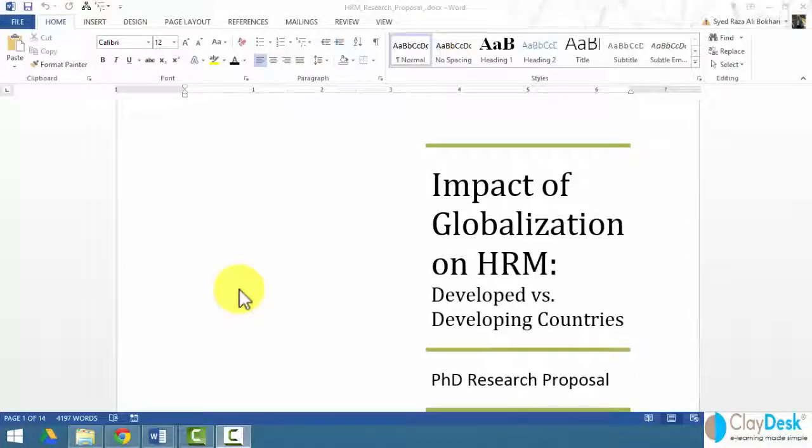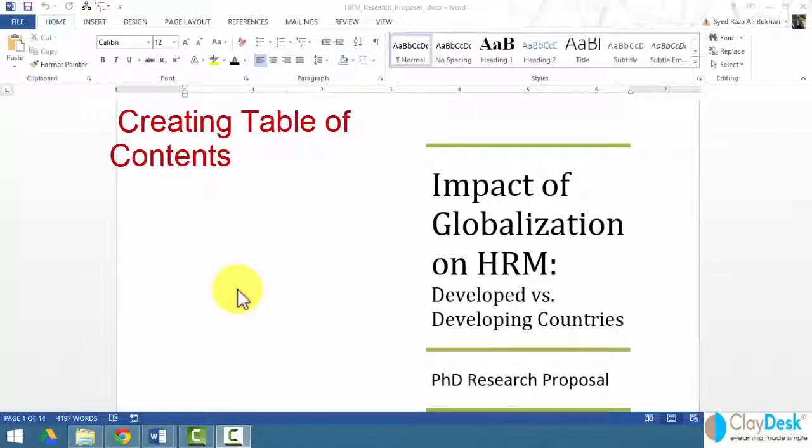In this tutorial, I will show you how to create a table of contents. So you have been working with your research paper or a large document which contains lots of headings and subheadings and sections and so forth. I will demonstrate how to take all these headings and then create a table of contents within Word